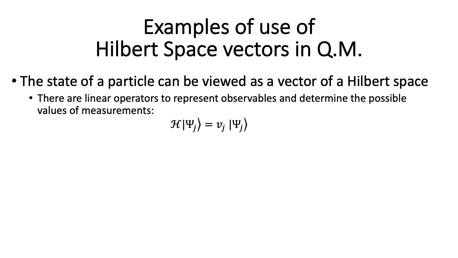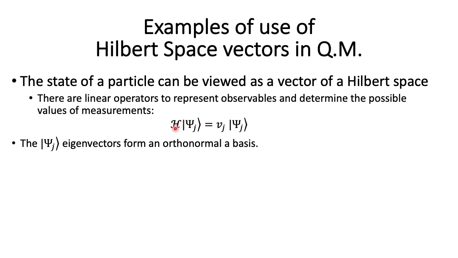And there happens to exist operators that can be applied to the state to give us that info. And these operators will be described in more detail in the next video, but they basically look like this. You apply this operator to a given state, and it will be equal to a complex number times that state. And this complex number in our mathematical world will be isomorphic to the value that we will measure in the physical world. That's magic.